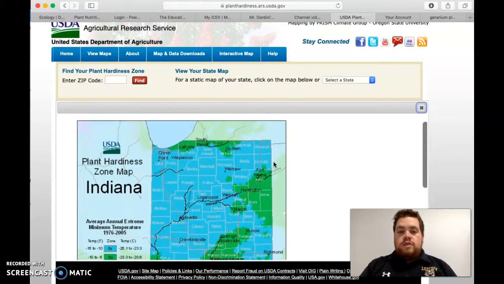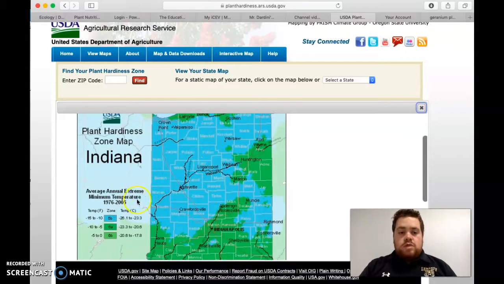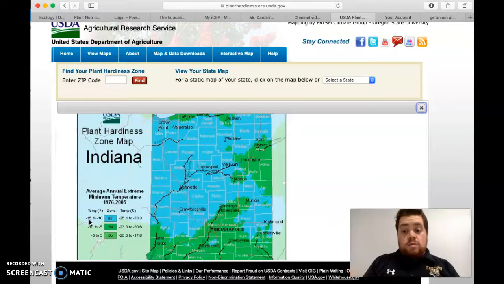So the majority of Indiana is this bluish color, which is a zone 5. It says 5B. Okay, so it's a zone 5, which means our plants can take temperatures down to 15 below 0 Fahrenheit. Okay, that's why